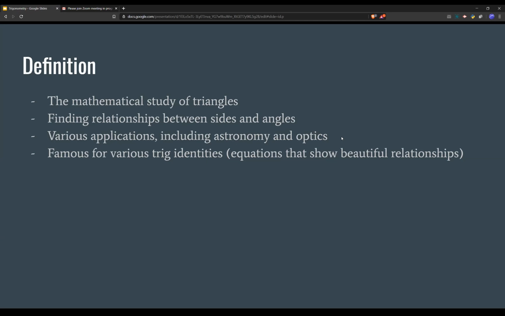There's a lot of applications with trigonometry, including astronomy, like finding the orbital angles, like the orbits of